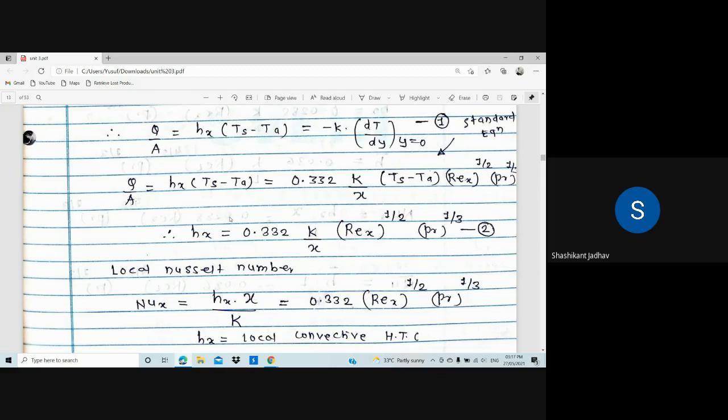Okay, then the local Nusselt number. As we know, what is the equation for the Nusselt number, that is Hx by K. So for the local Nusselt number we have to consider at distance X. So Nusselt number at distance X is equal to Hx into X divided by K. So from that we have to write down the equation 0.332 Reynolds number raised to 1/2 Prandtl number raised